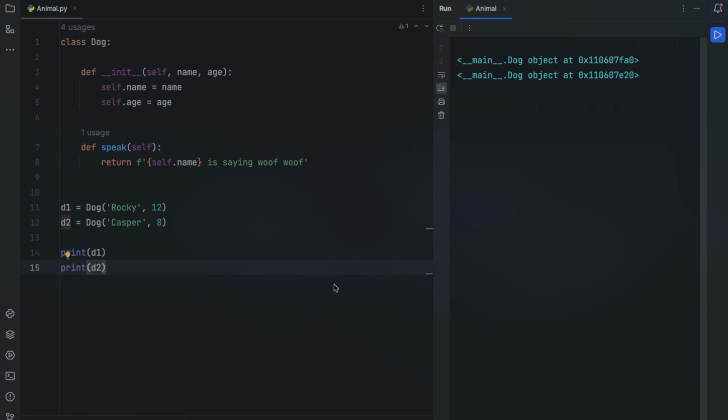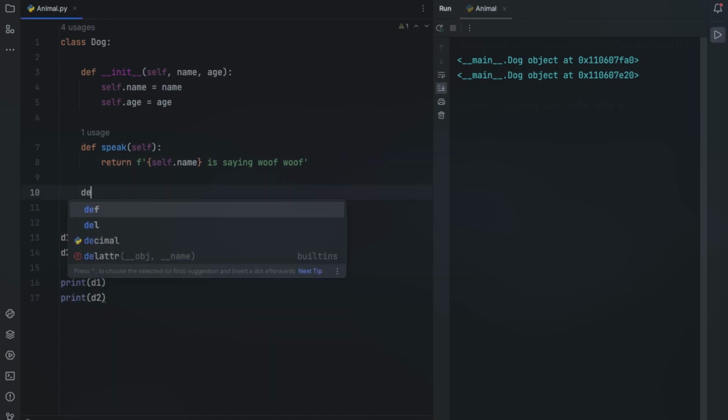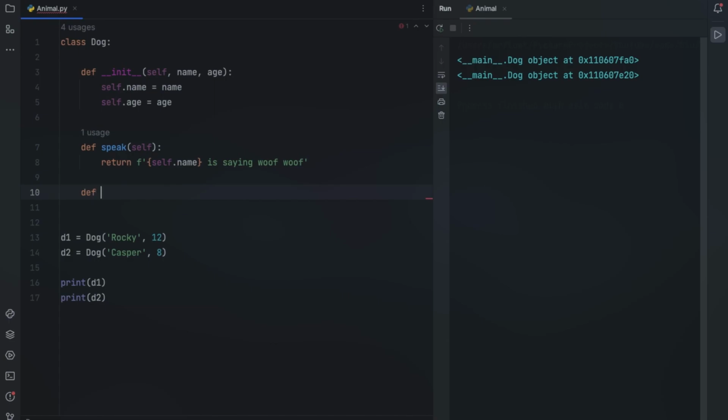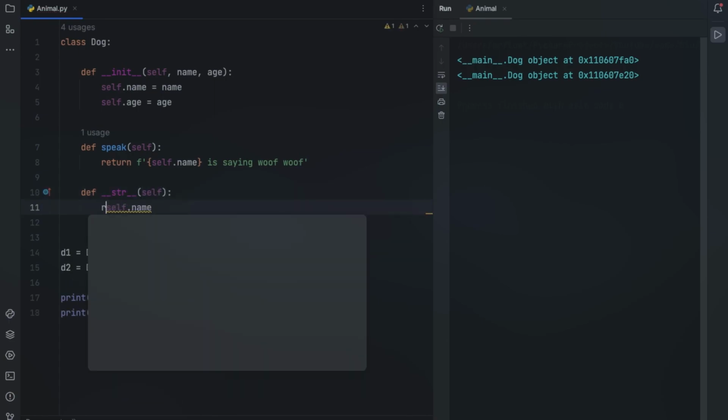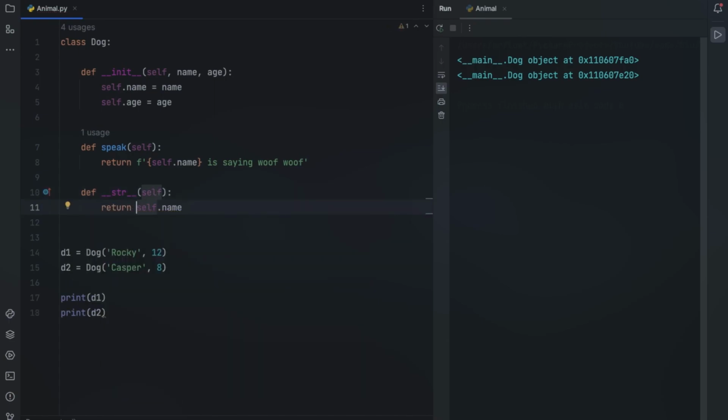Str also stands for string. So it helps us to set what string output you want for the objects when they are passed to the print statement. So we can define Dunder str over here and return self.name. You can also pass in the age if you want, but I think just the name is sufficient. Now if you pass the object to the print statement, you get their names